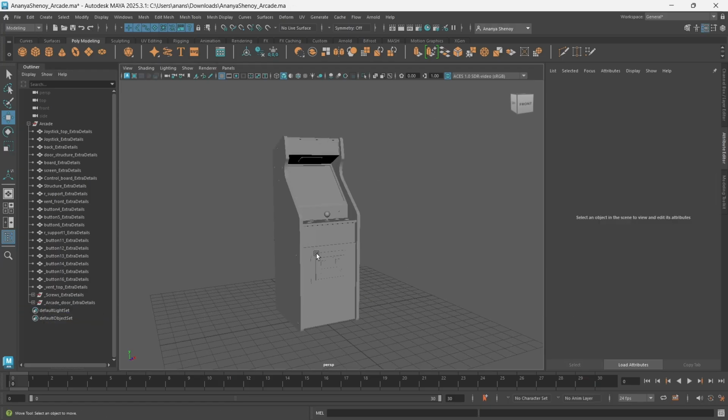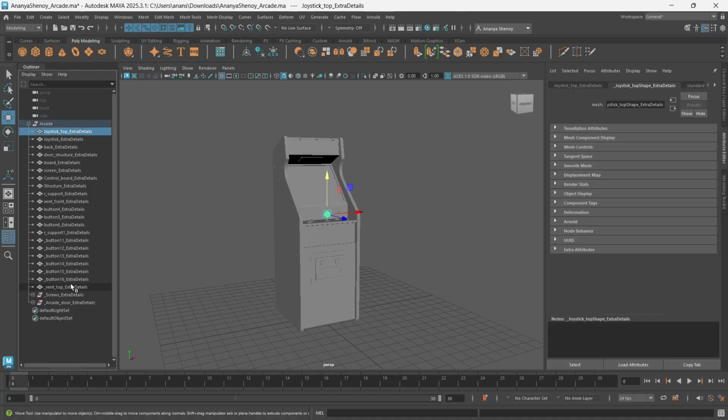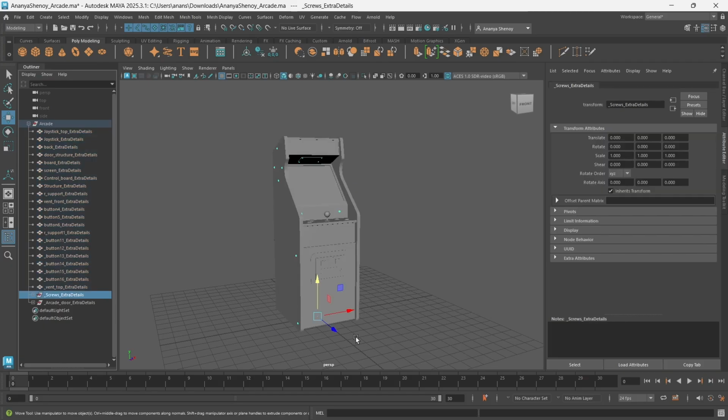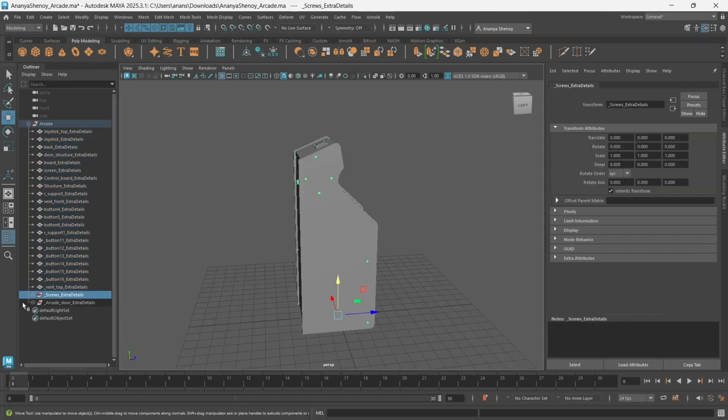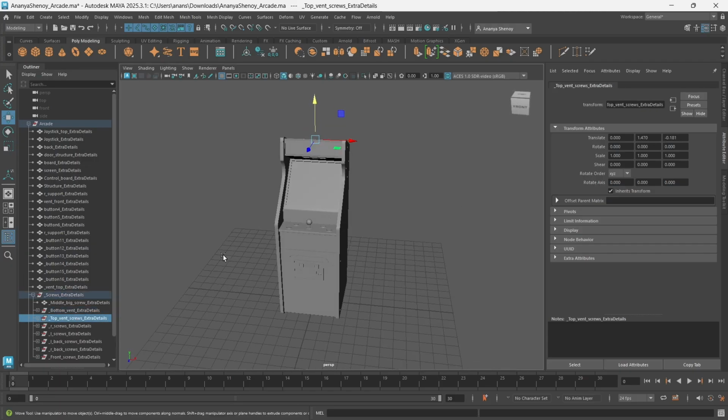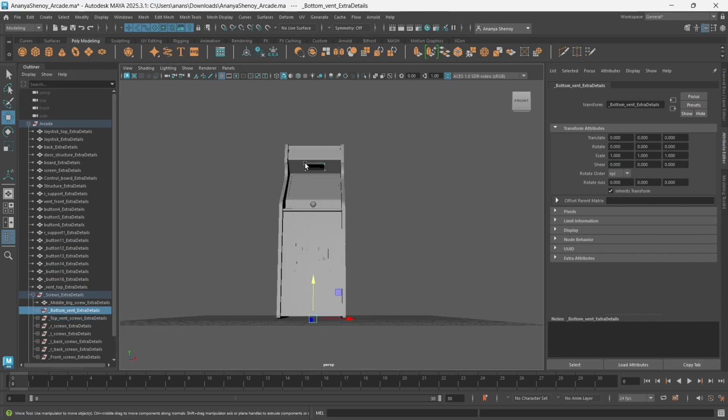So for my model, I have some main parts. From here up to here is basically the main aspects of the model. Then I have screws, which I've put in a separate group. Within the screw groups, there's a bunch of smaller groups with screws from the top, screws from here, and they're all within this one.